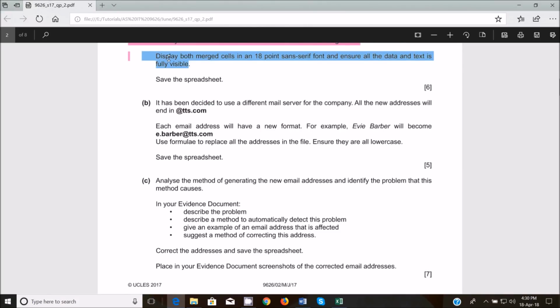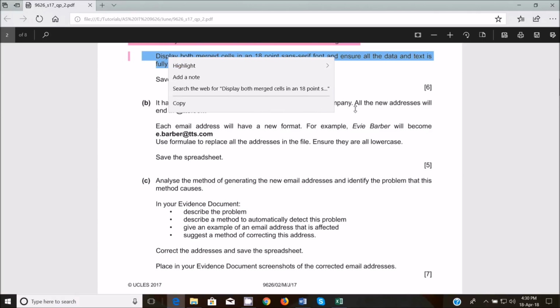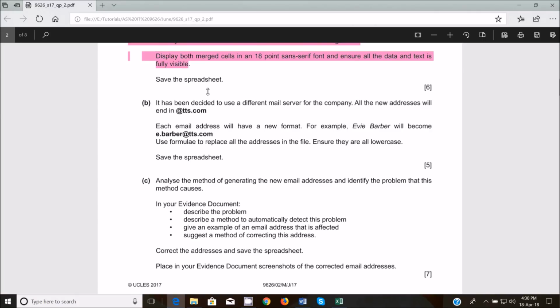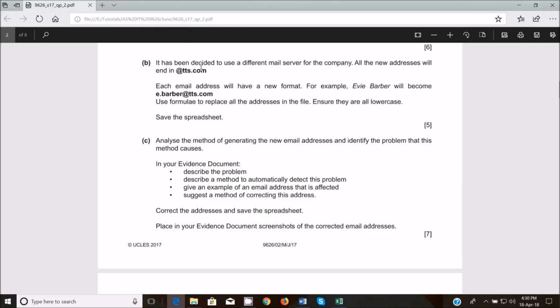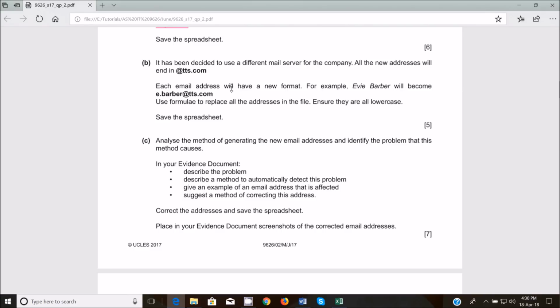So this one will format it as pink. It's done. So it has been decided to use a different mail server for the company. All the new addresses will end in this one. So I'm just going to copy this because I won't probably be typing it. So I'll just copy it and I'll use it later on. So each email address will have a new format. For example, a name such as Evie Baba or Beba or whatever will become